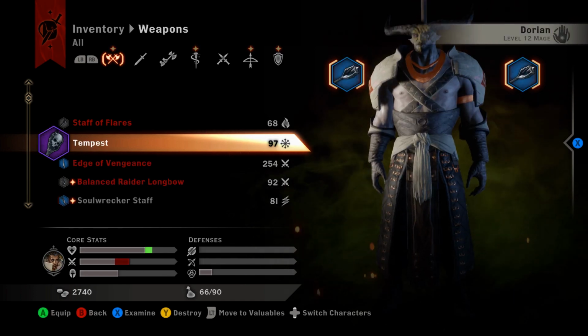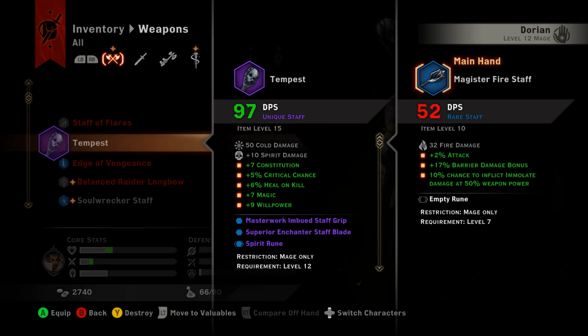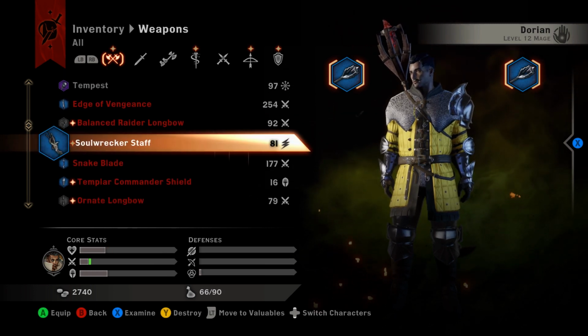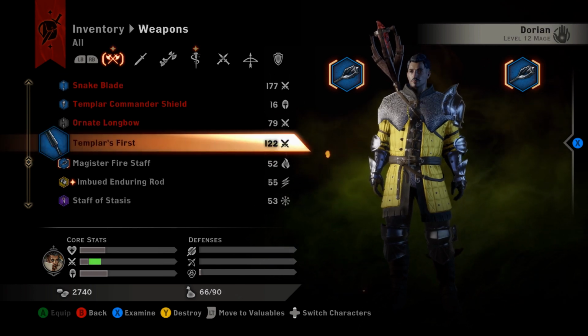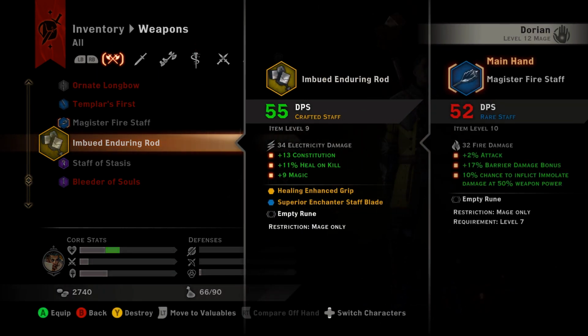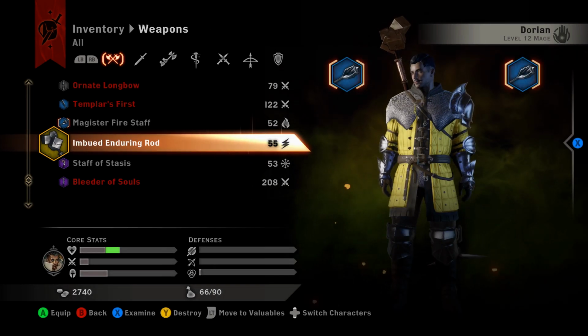Okay... Oh, just a bit. Now, hang on a minute. We've not put his new staff on him, have we? Still got the old one on. Yeah, that's the one we made him there. But even if I put that on him, it's going to be...